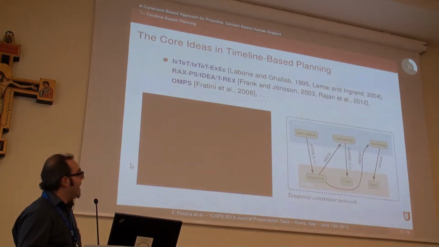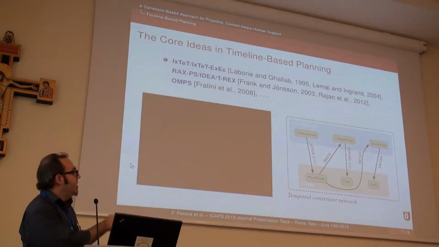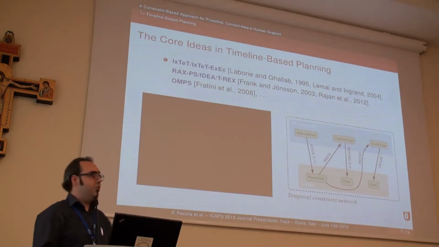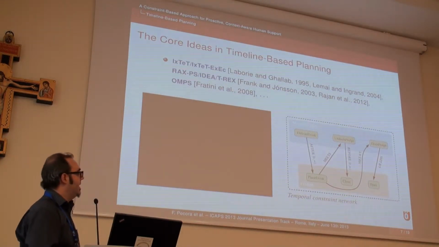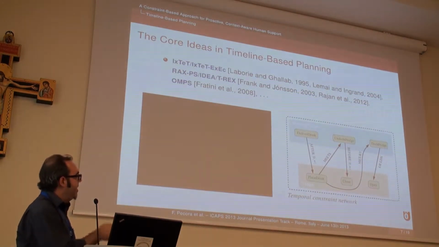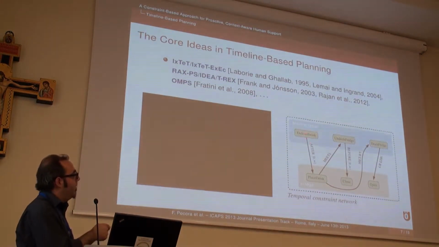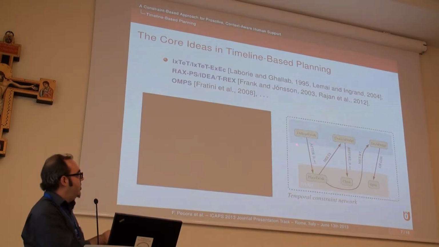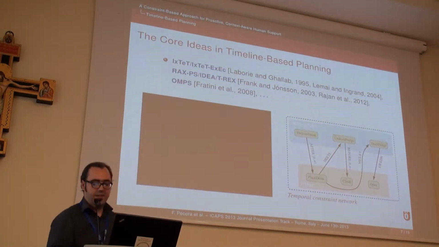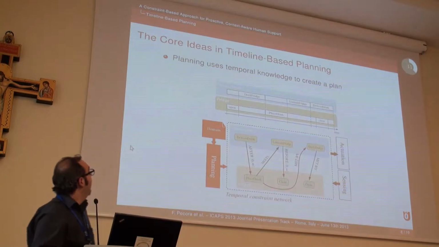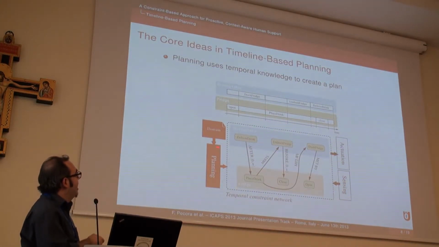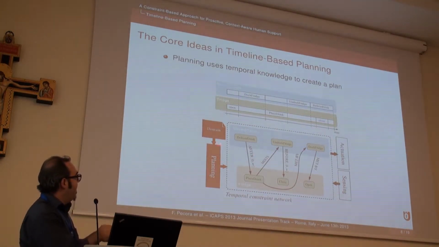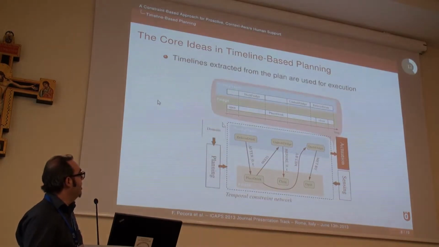So ultimately, what timeline-based planners do is they build a constraint network. They incrementally build it by looking at the domain theory, performing search, perhaps even taking into account resources in addition to time, but that's beyond the scope of this talk. And they build a temporal constraint network which contains what are often called tokens or activities that represent the various elements of the plan, and these have attached to them time points that delimit their occurrence in time.